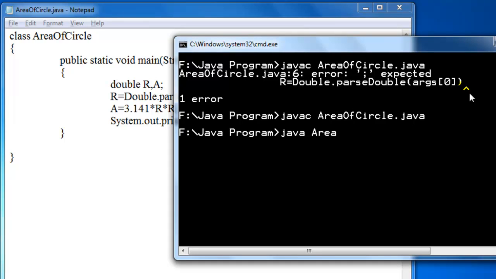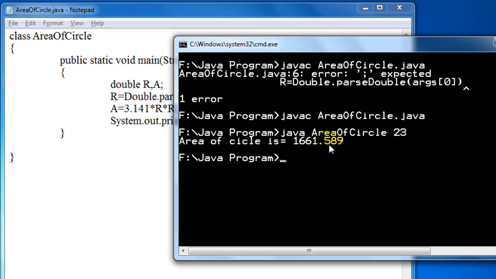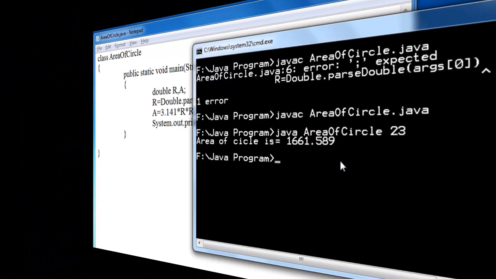Now execute the code, AreaOfCircle, but we need to put the radius after the class name. So let's take 23 as the radius, and now this is our result. So like that we can calculate the area of a circle.